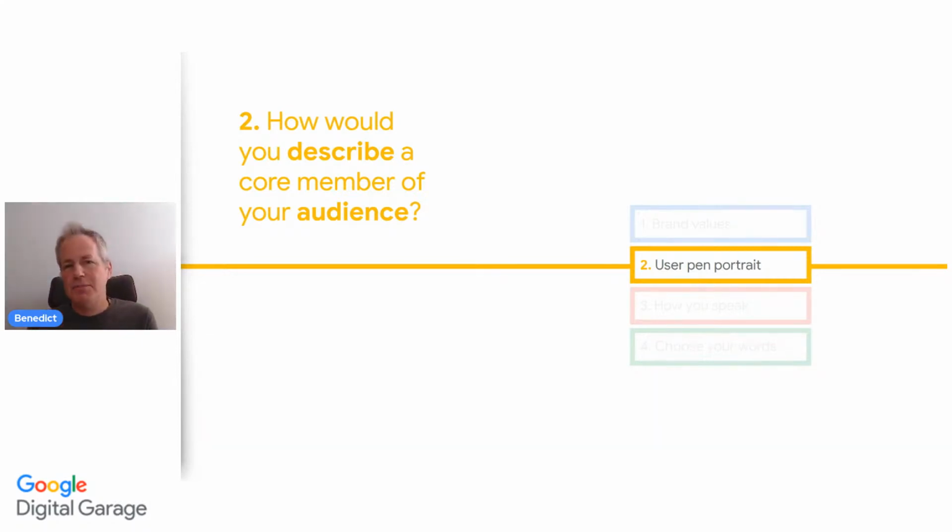What kind of job does this person do? Where does this person live? What kind of things does this person like and prefer? What do they like to do in their spare time? Do they have a pet? What's its name? The more you can make it vivid and real for yourself, the more you can make sure that you're going in the right direction. Now, obviously, it may sound a little bit silly, but the more detail you can create in your pen portraits, the better.